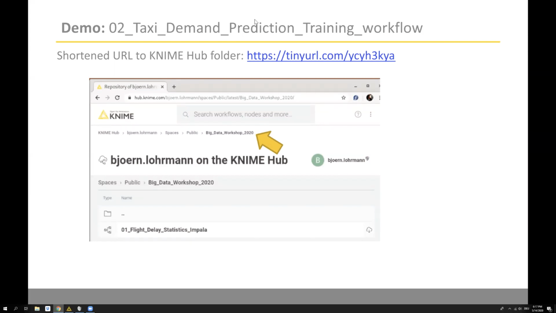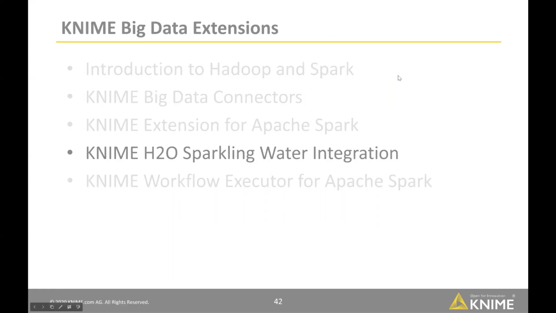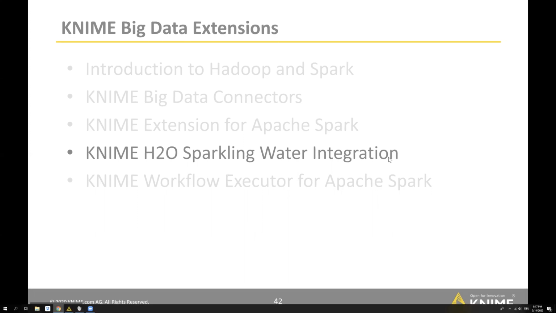Okay, so if there aren't any further questions, I think we can move on. There are two remaining items I would like to talk about, and both of them integrate with the KNIME extension for Apache Spark. What they do is add some more pieces that are missing from the standard Spark nodes.